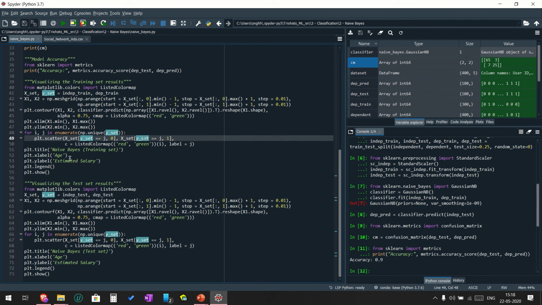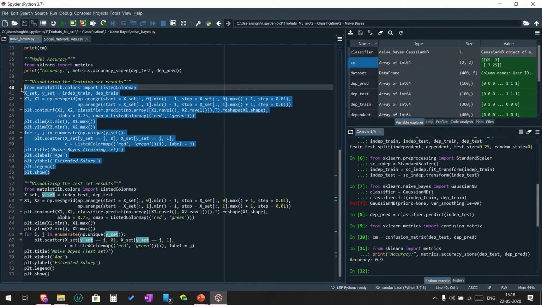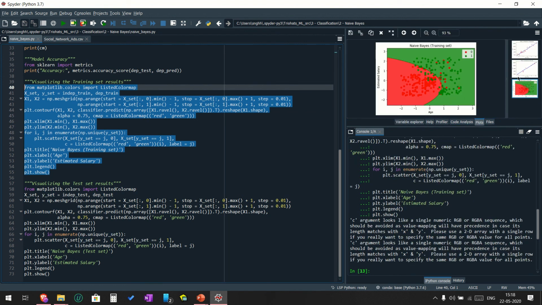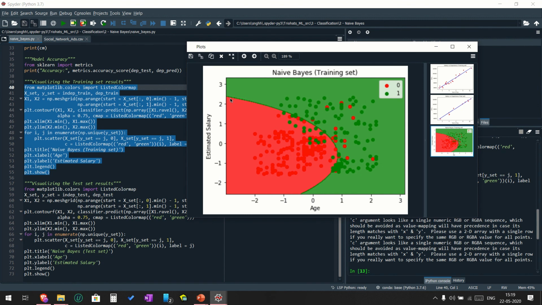Then this is the title, this is the x label, this is the y label, this is for the legend, and then for the show. And then running the program would give me this kind of plot. As you can see, Naive Bayes has made some pretty good predictions because this is a non-linear classifier.